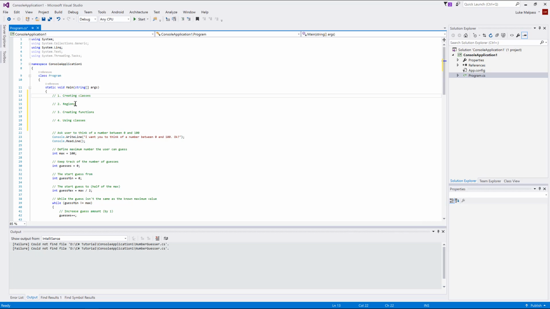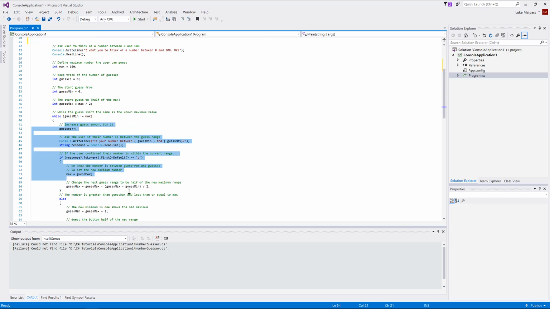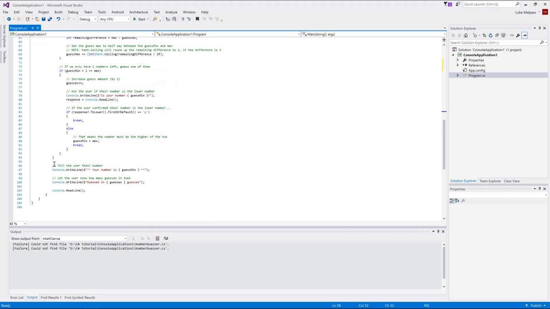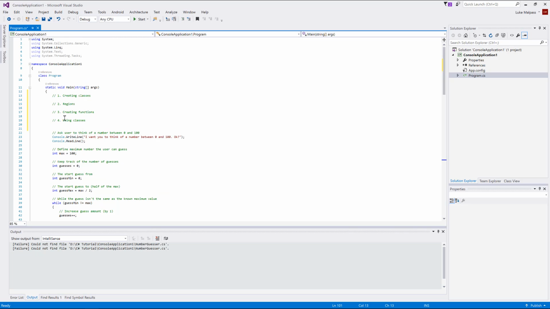We're going to keep that class clean and easy to browse through by making use of regions. We're going to create functions to expose things, such as asking the question and then trying to make a guess, if you will, and then finally report the findings at the end. And then we're going to use that class inside of the main function